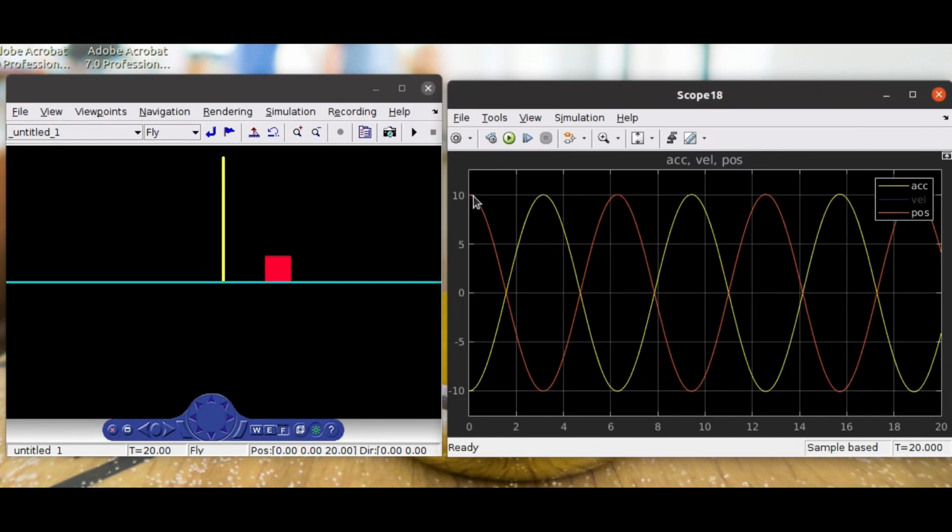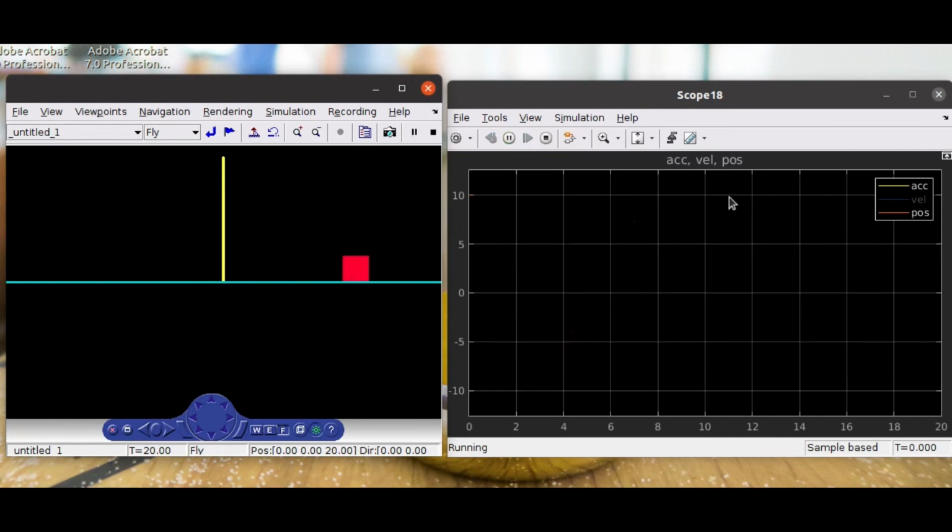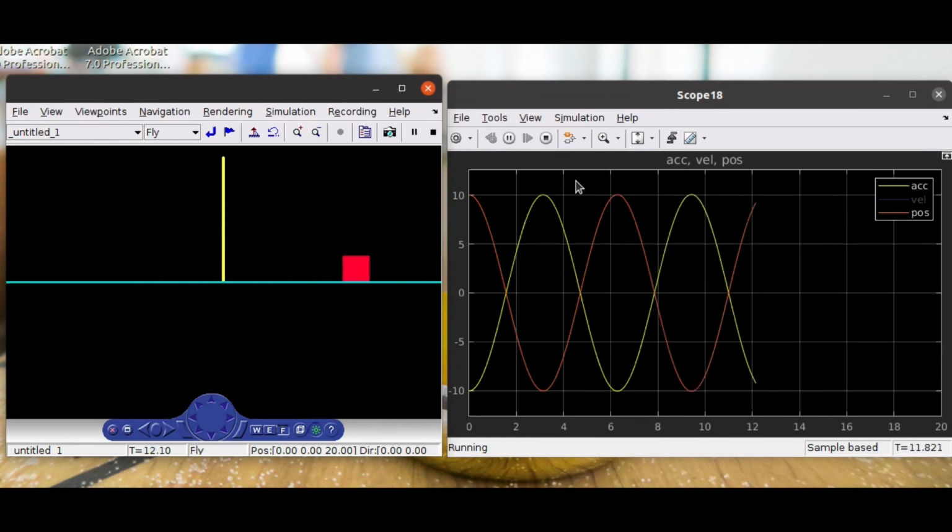Due to this, the position value will start decreasing. So it will go from 10 to 9 to 8 to 7 and so on. When the position value becomes 0, the acceleration value also becomes 0. So this is the point you can see, the intersecting point, both at 0. So if you think at this point, our goal is somewhat achieved, that we can make both the position and the force of the body go to 0.